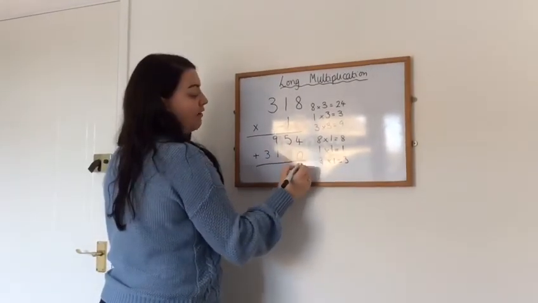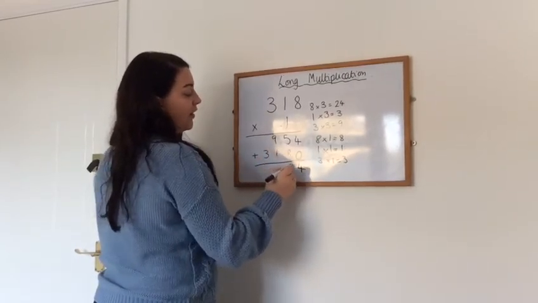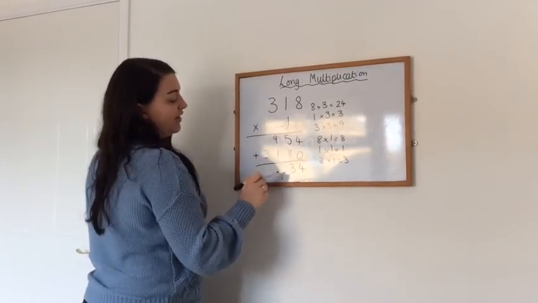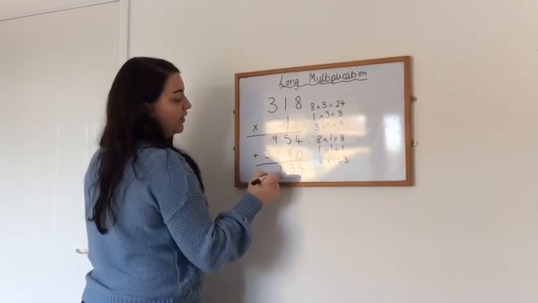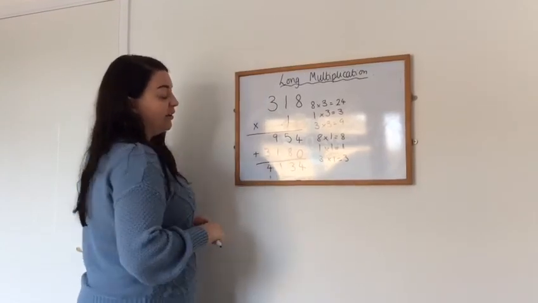So 4 add 0 is 4. 5 add 8 is 13, so write your 3, carry over your 1. 9 add 1 is 10, add the 1 at the bottom is 11. And 3 add 1 is 4. So your answer should have been